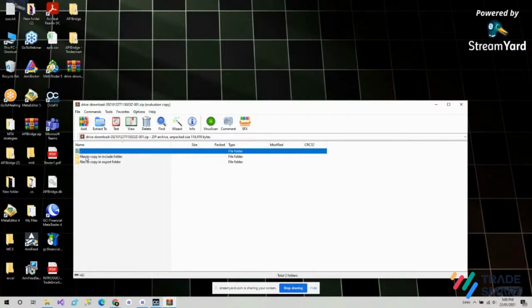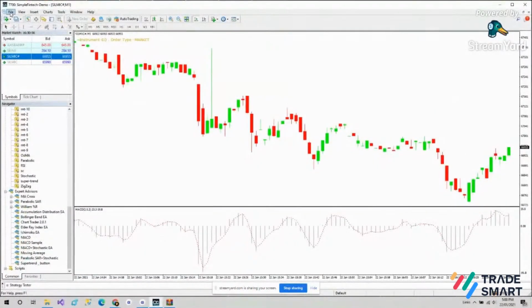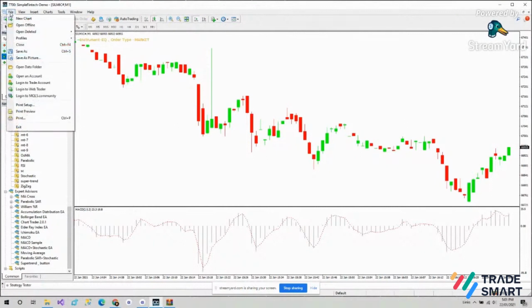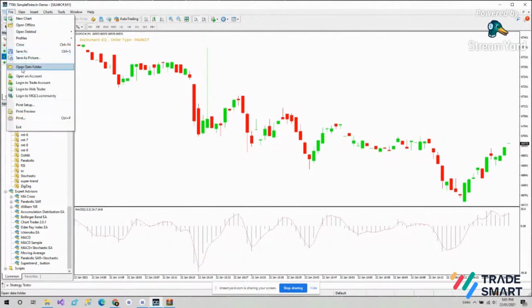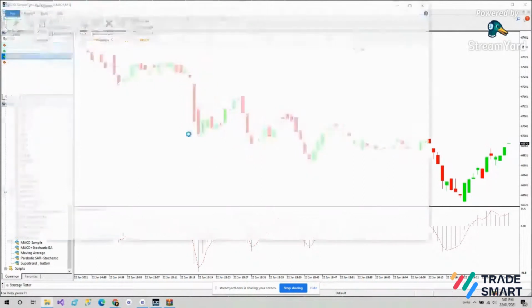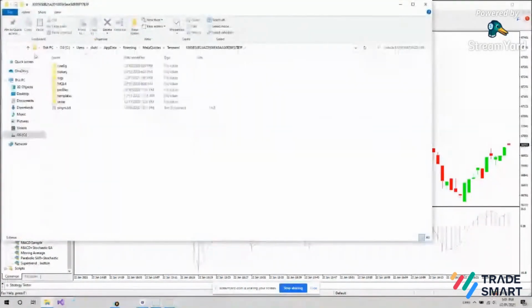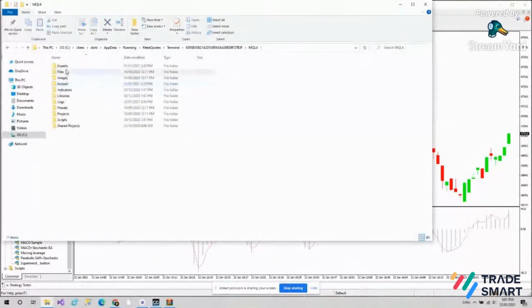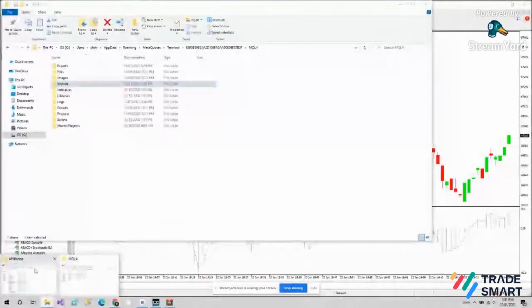Let's find out. So come back to MT4. Here you'll go to file option here and click on open data folder. When you click here, click on MQL4, and here you will find export folder and include folder.